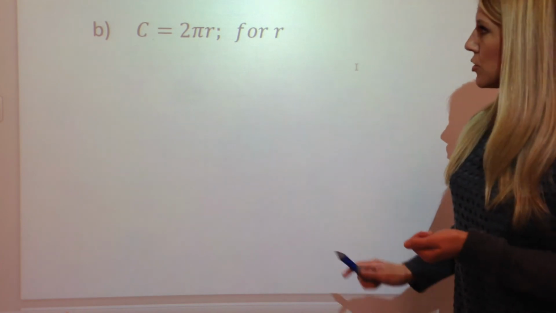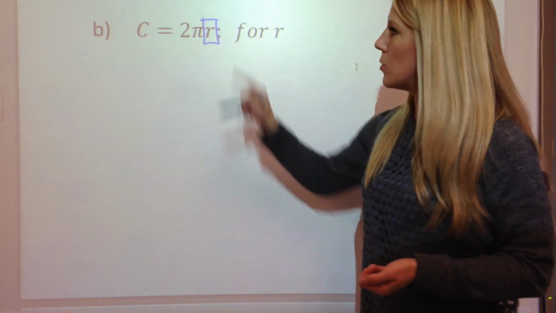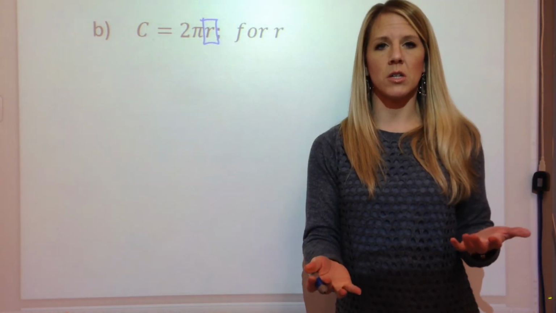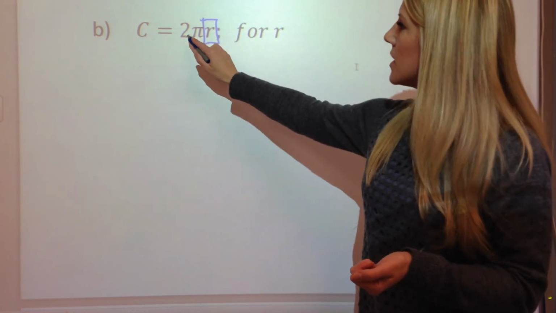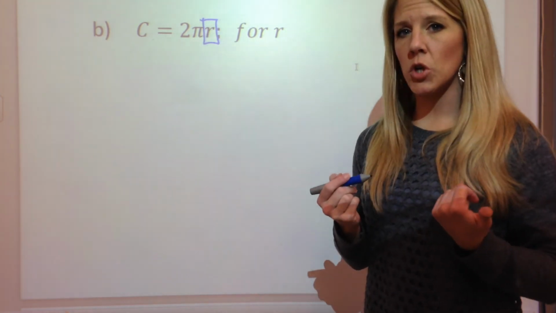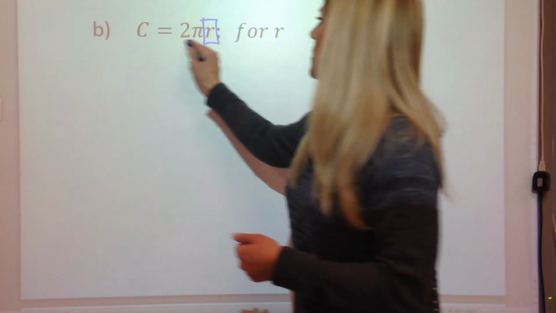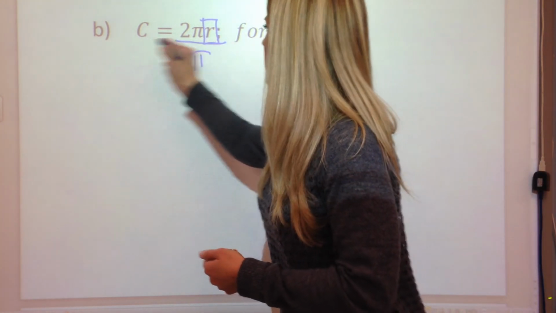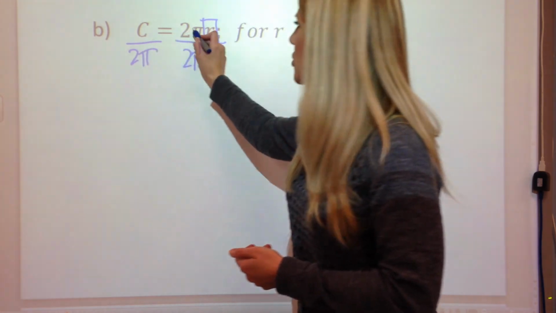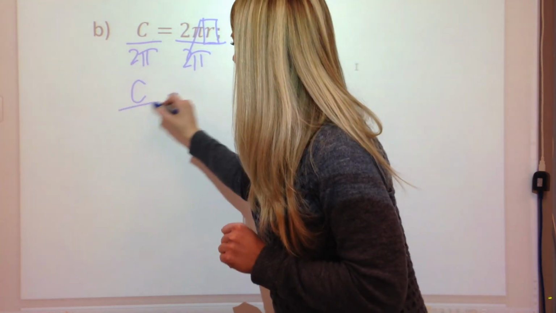So the next one, C equals 2 pi r. We want to solve for r, so we want to get r by itself. Well, pi is a value, we usually say it's approximately 3.14. But realize this is all smashed together, so this is 2 times pi times r. Well, how do I undo multiplication? If these are all being multiplied, can't I just divide? So if I divide this side by 2 pi, and this side by 2 pi, 2 pi divided by 2 pi is just 1. So C divided by 2 pi